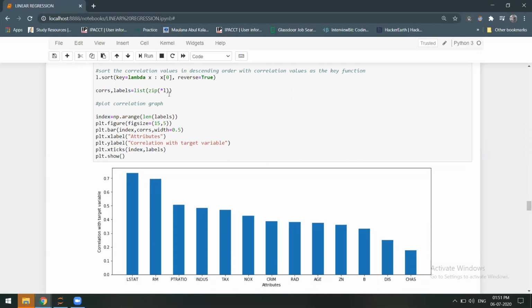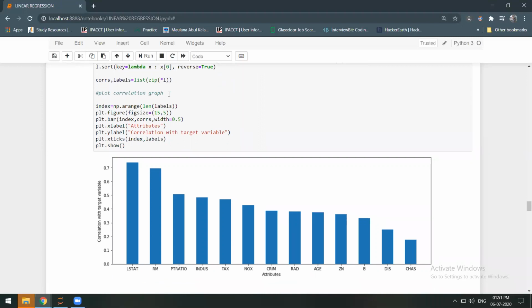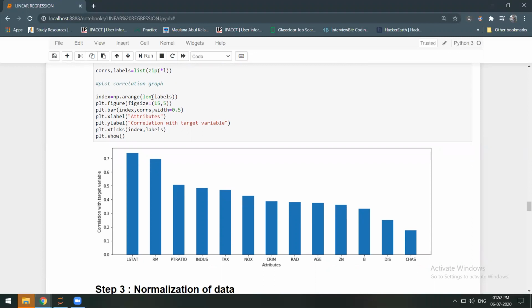Okay, so now we need to plot the correlation graph. For that we already have matplotlib functions. Index equals np.arange of len labels, and plt.figure with figsize means how big a figure you want, you can pass the figure size. Now we are plotting the bar plot, passing the index and the correlation values which we got, and the width.